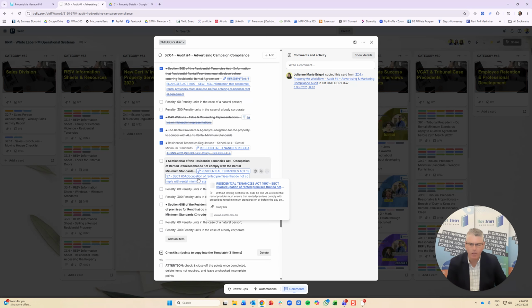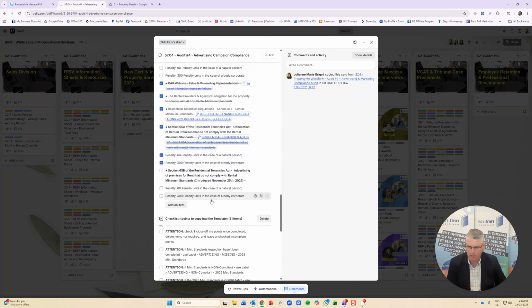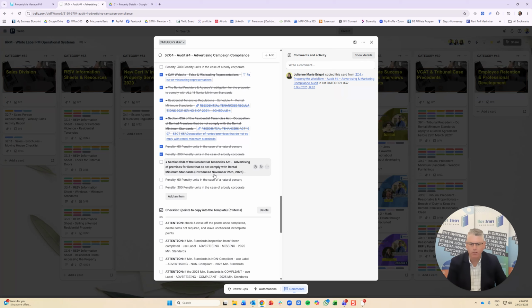And so this is where the owner is responsible to make sure that the property does comply. Penalty units is 60 penalty units for a normal natural person, or 300 for a body corporate or company, which is what the agency falls under. On the 25th of November 2025, the change to the legislation now incorporated the agency, so advertising premises